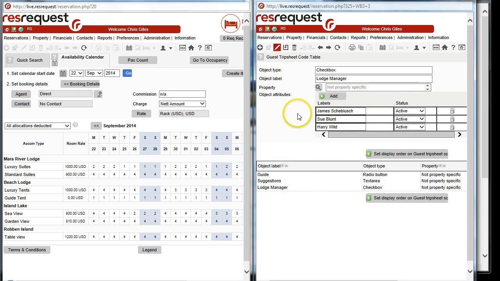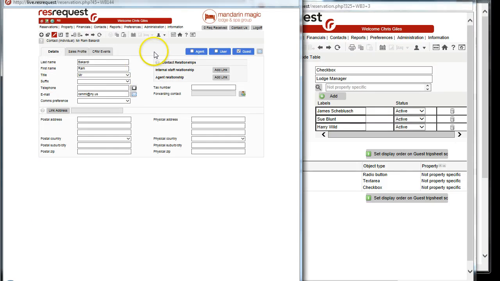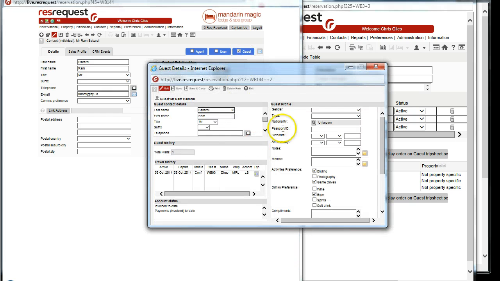Having decided on and built those particular areas in the system, we can now go and use that on a particular guest's reservation. And these fields can then be added to the guest record, where we can choose a particular guest, or in the contacts database find that particular guest, then click on the guest role, and here to the right we will see the guest profile, and down in the middle we will see travel history and a little